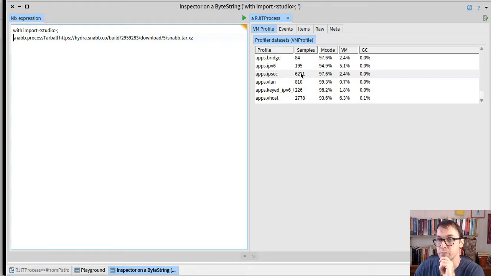So there were 6,000 samples taken there. We get roughly a sample per millisecond, so it's about 6 seconds worth of time. But it's the ratio that's most interesting. And then the virtual machine communication was the next most expensive thing. And we can also see here that within the IPsec code, for example, we spent around 97% of our time in machine code and a little bit of time in